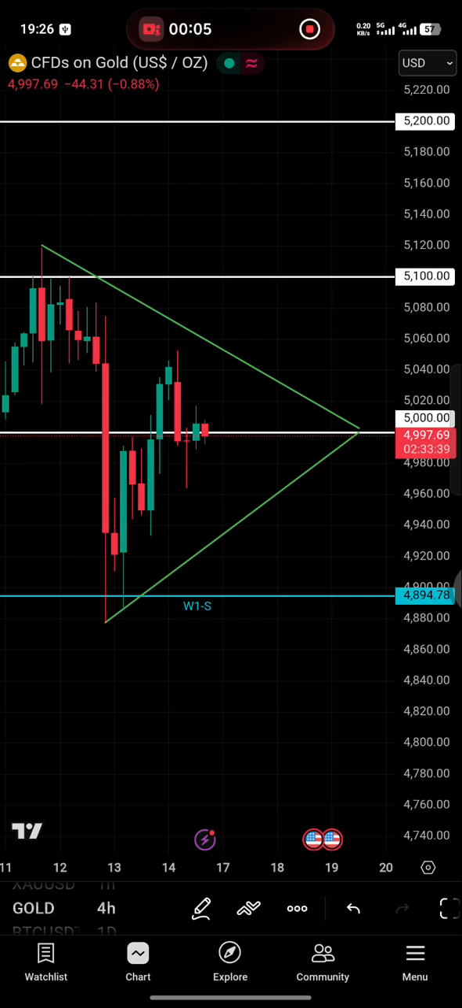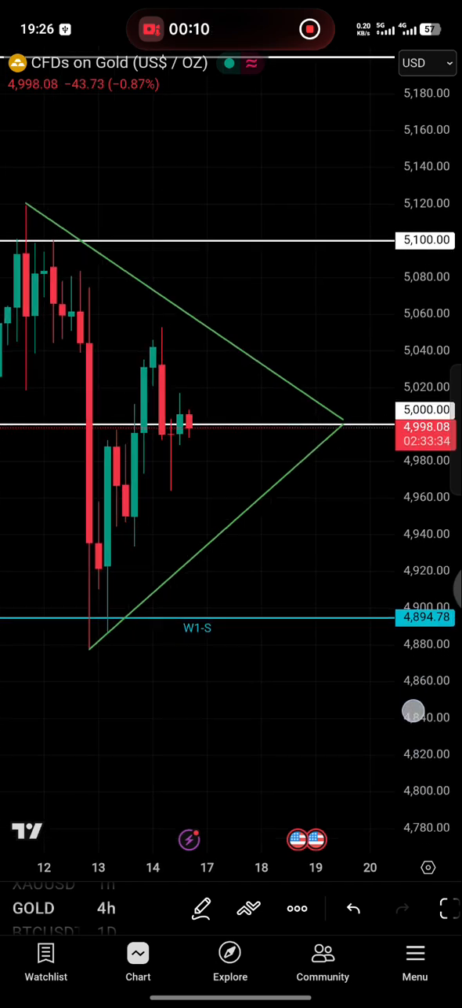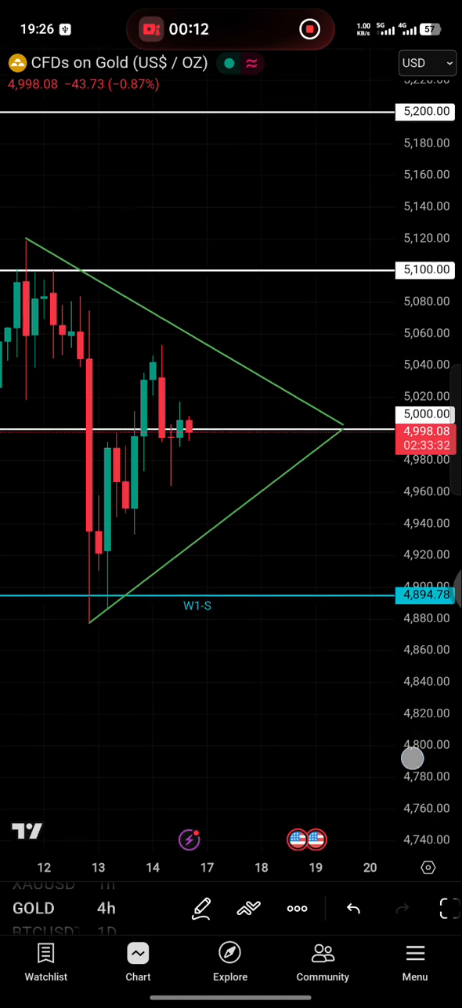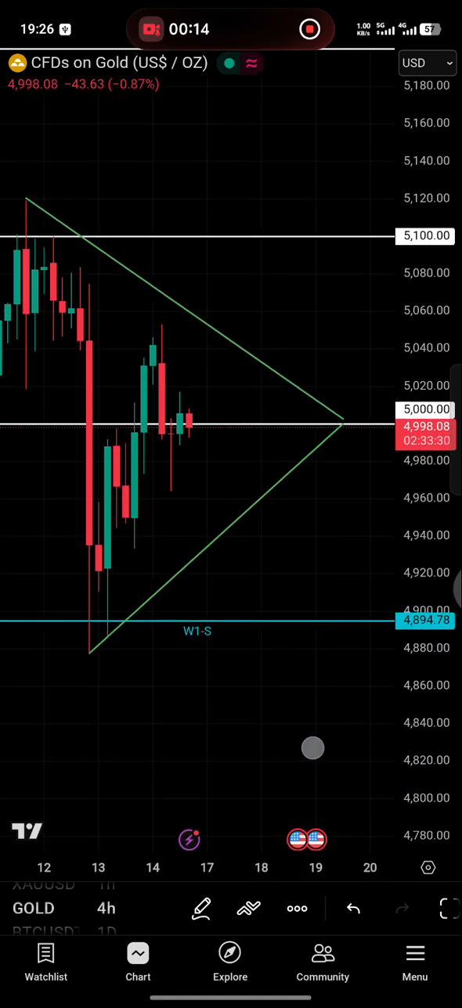Today I'll be updating you guys on the gold chart to see whether the price right now has created a bullish price action yet or not, right? So as you can see on the 4-hour time frame, or the 4-hour candle, but before we start,